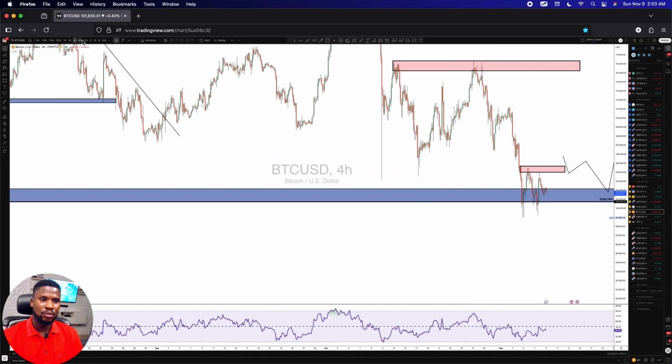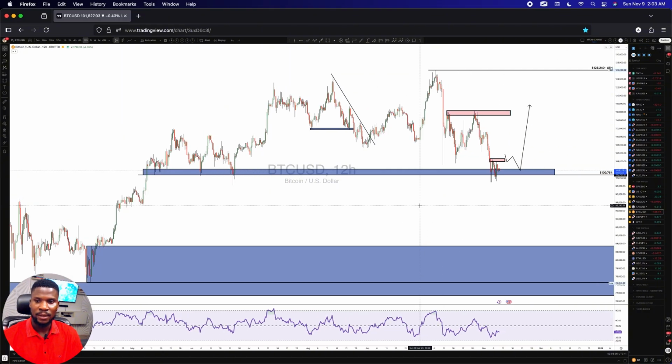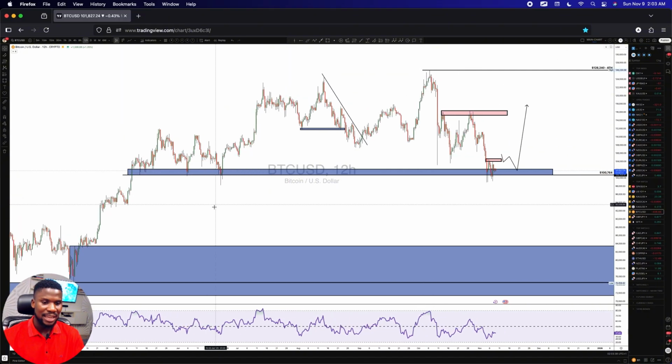As a matter of fact, let's go to maybe a 12-hour time frame so we can get a clearer picture of what to expect. You can see it leaves a lot of weeks behind. It has done that before in the past, so that is not something very new to us or very new to me. But overall, on the RSI, it is still leaning oversold, which is very good for me for a long